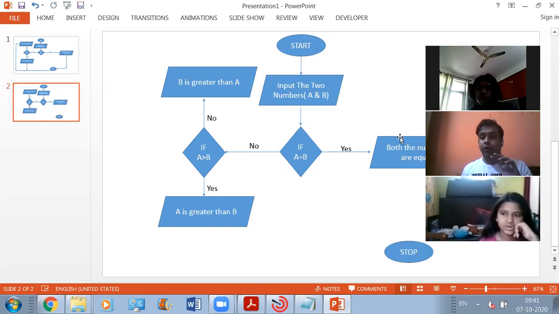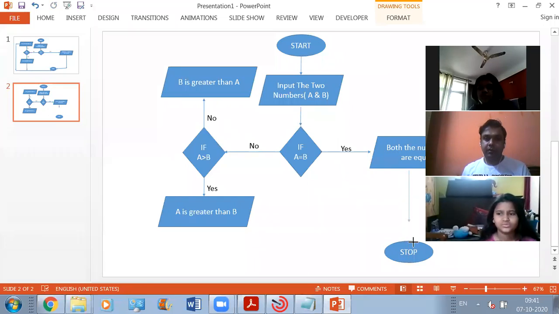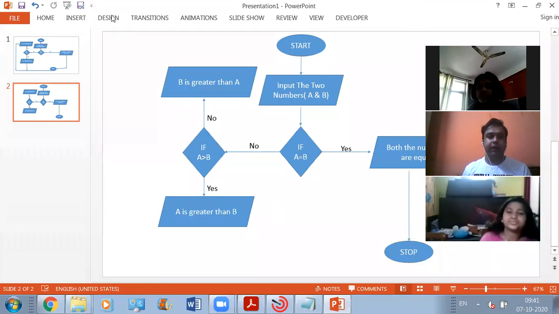Now we need to connect all the output points to this stop point, to the point where the algorithm is ending. How can we do that? So we are going to make use of these direction flow symbols. Okay, and we are going to connect every output point to this.